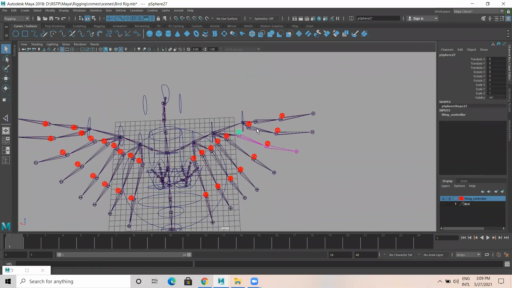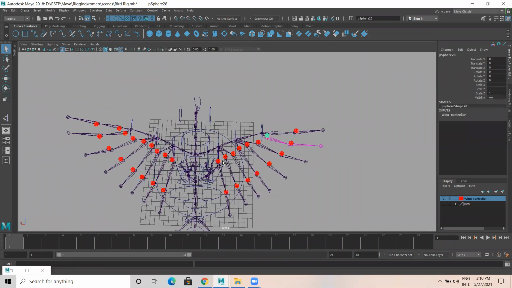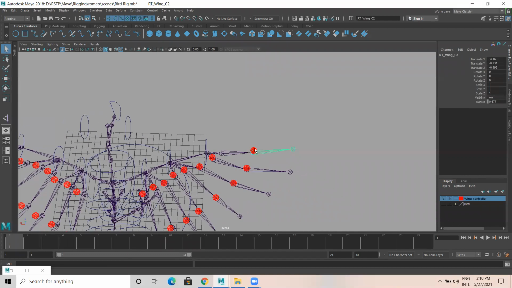I select this, I select 3, 3, 7, 3, 3, okay, 8 is there. Okay, I should have one more.